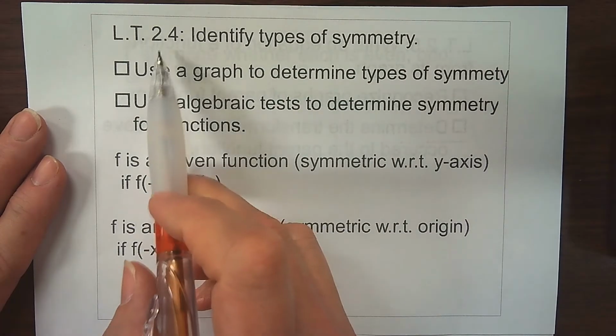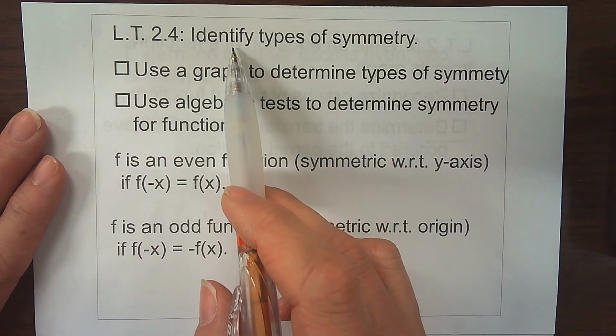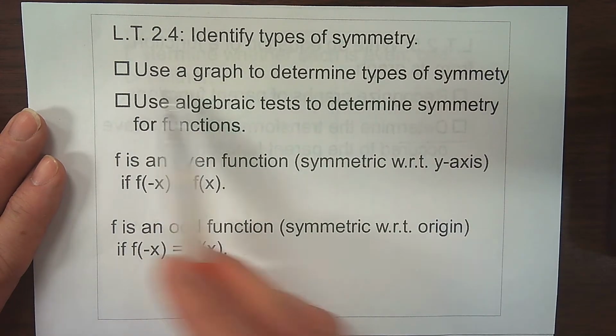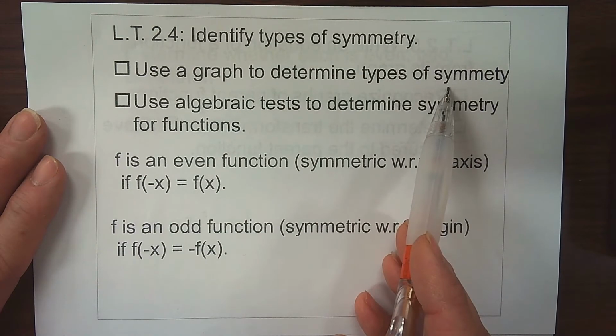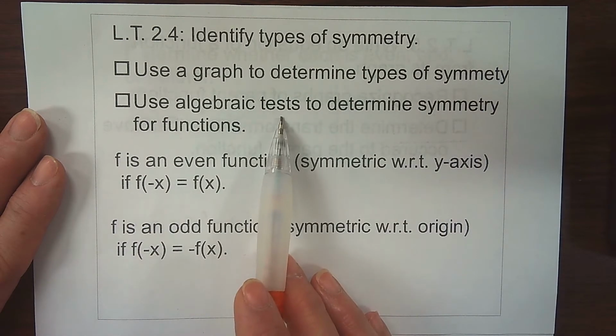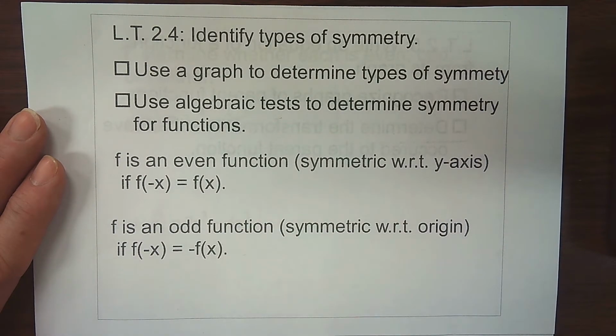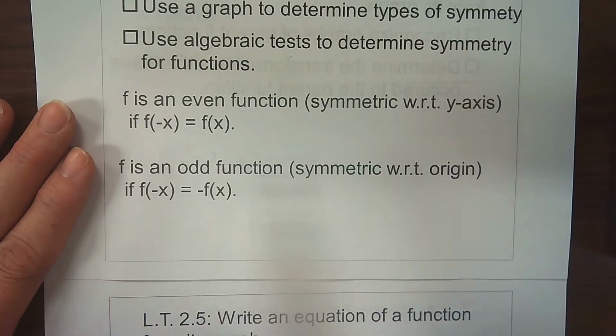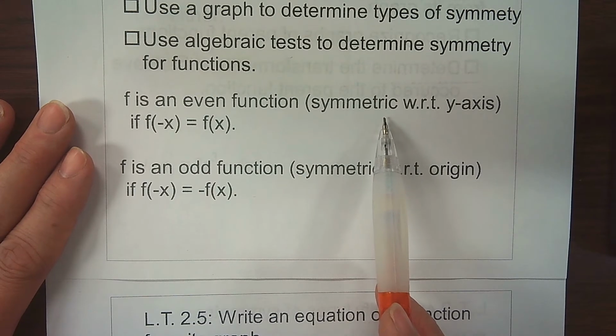Our next learning target, 2.4, is to be able to identify types of symmetry. We should be able to use a graph to determine types of symmetry, but there are also some algebraic tests that can be used. If you're talking about a function, f, and you're trying to test the function for symmetry